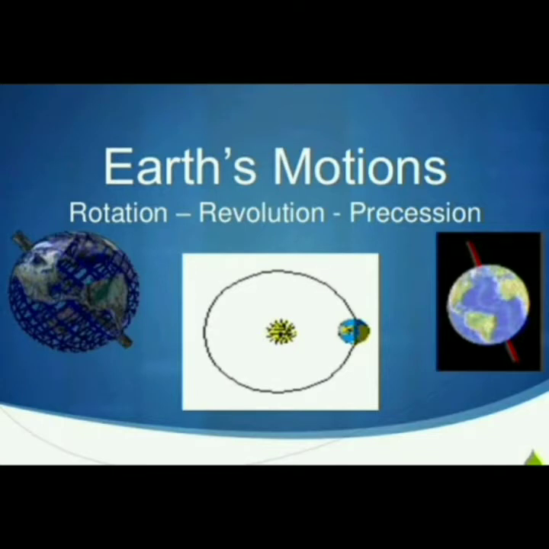So, first we have to understand about the Earth's axis. The Earth spins around an imaginary line running through the center of the Earth from the North Pole to the South Pole, and this imaginary line is called the axis. A globe is a model of the Earth, as you learned in the previous chapter. We all have seen the globe, and this imaginary line, which is known as the axis, runs from the North Pole to the South Pole.